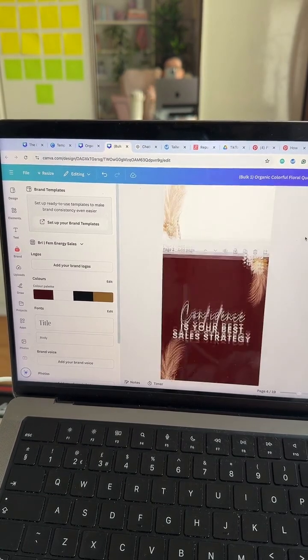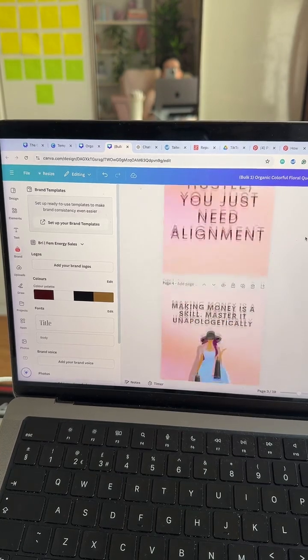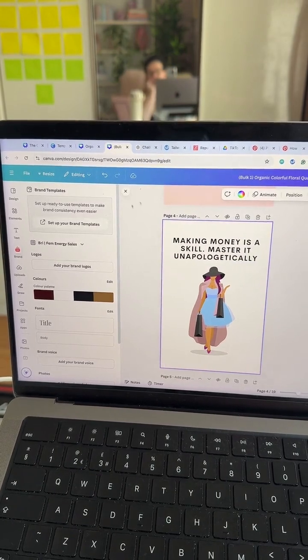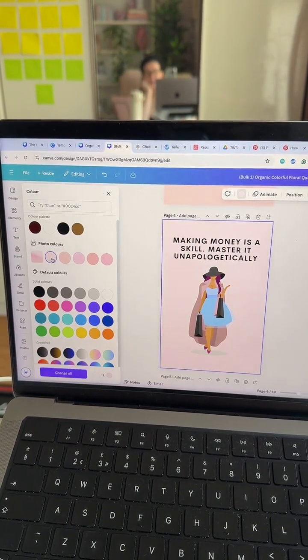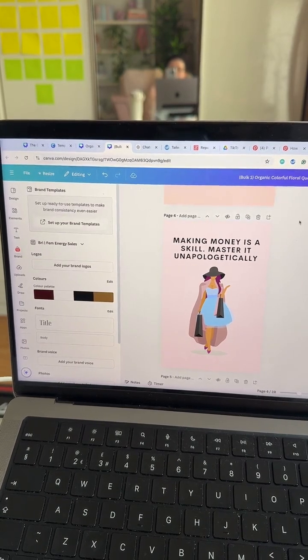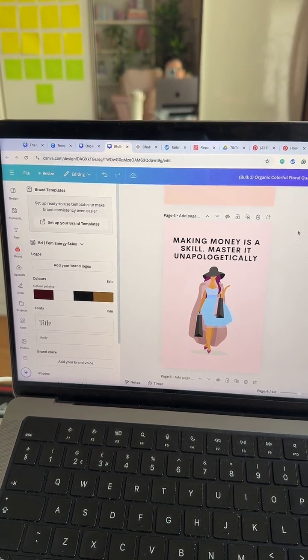So there we go. In just, what was that? Minutes to make the whole thing, and then seconds just to go through and tweak these. And we have 4 very different designs. In fact, let's change this background a little bit and let's put in a different color. There we go. And there you have it. Okay, so that is what that would be creating in bulk. If you wanted to just go and do things like quotes and positive statements, that would be perfect for getting saves and impressions and things like that.